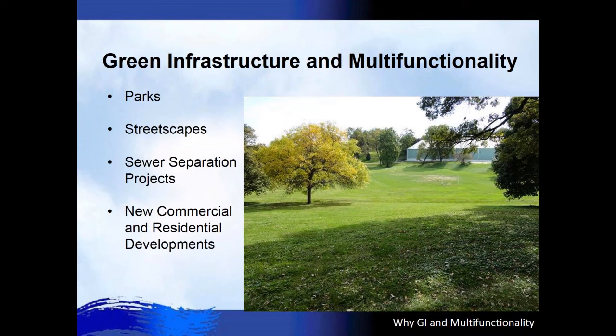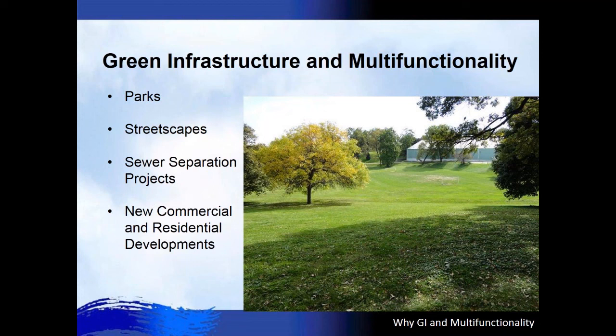So it's interesting that green infrastructure and multifunctionality overlap really well in parks. There's a symbiotic relationship between parks and green infrastructure. Parks are often where natural systems are still evident within the city, and that's where a lot of people often go to connect to those systems. Also, parks are a public amenity where the public can enjoy this. So there's a relationship there that seems to work for parks. Streetscapes, I think